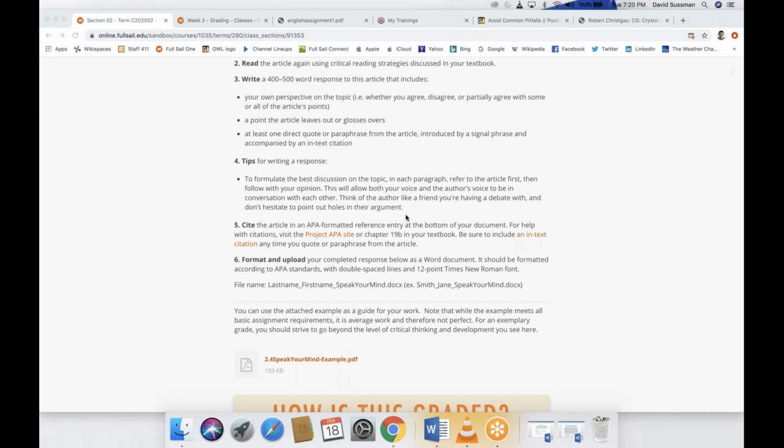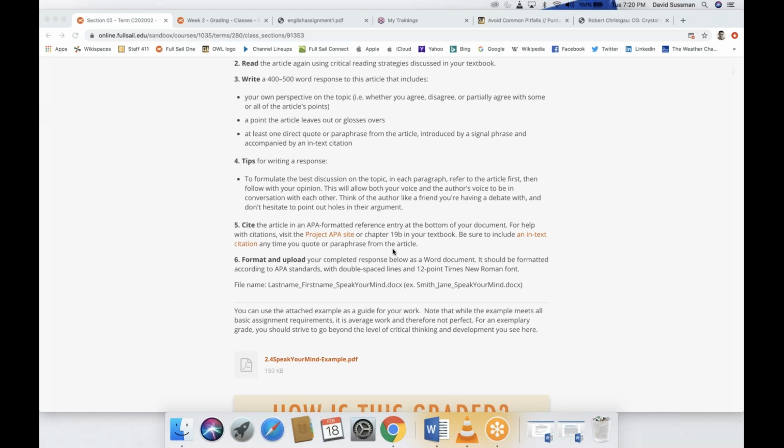And a good way to make sure that you're explaining things is to always refer to the article first, right? Explain what you want to discuss and then follow with your opinion instead of diving right in. I do see that sometimes where students aren't taking the time to explain things. And I always tell them, read as if you're not you. Pretend you're a plain Jane or Joe Schmo who has come across your own paper that has just been left behind on a cafeteria table or a library table.